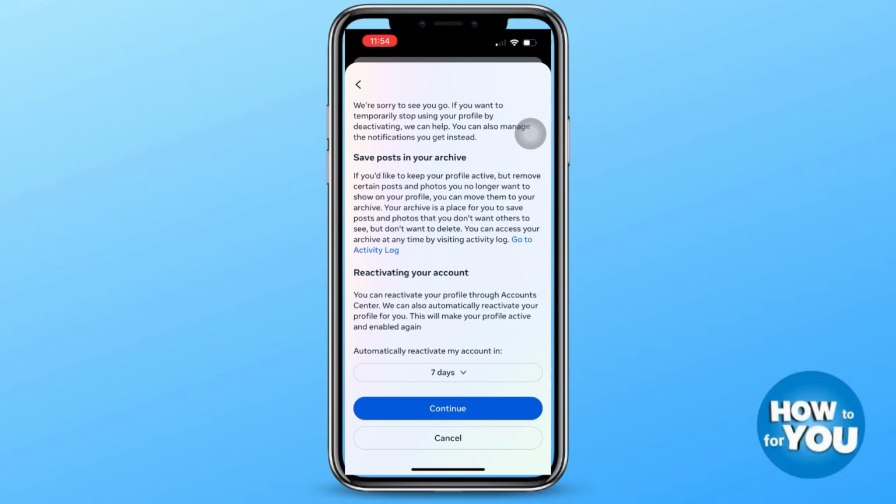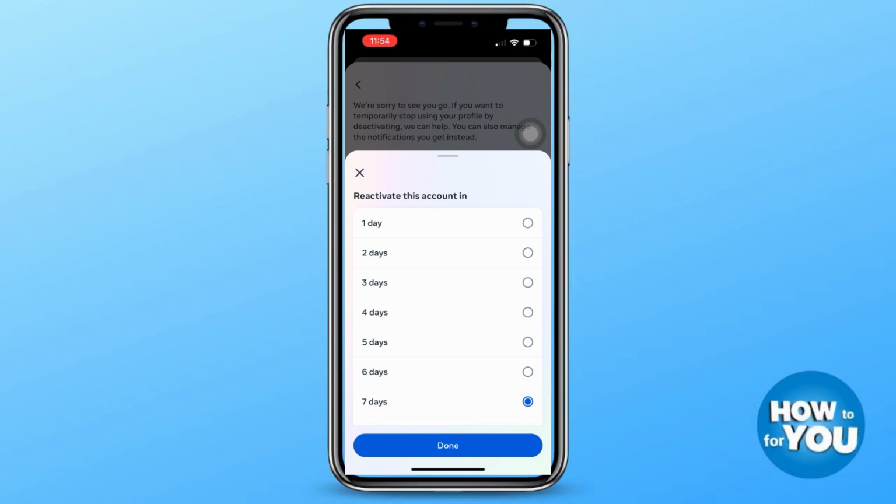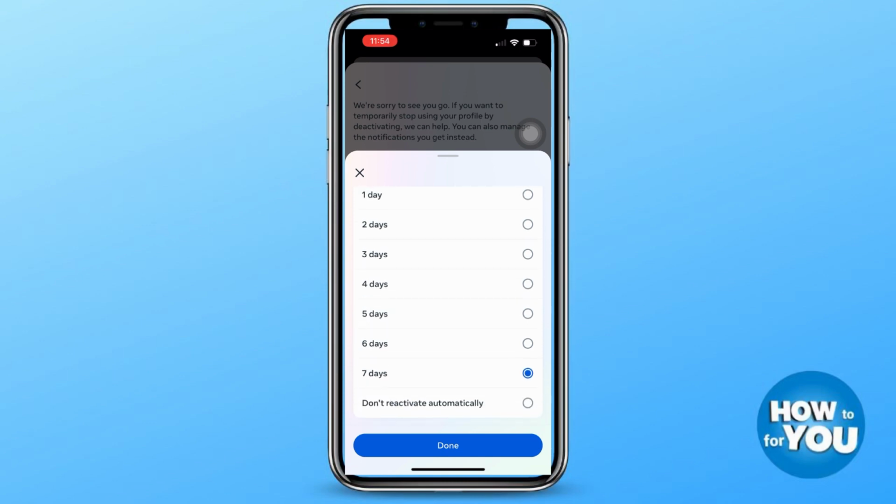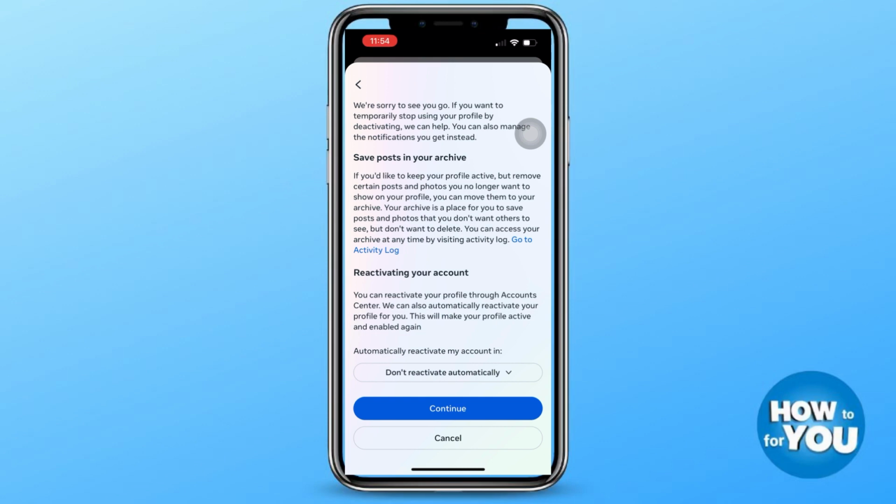So you can change it to 7 days, 6 days, 3 days or less, or don't reactivate automatically. So this depends on your preference. And that's all for this